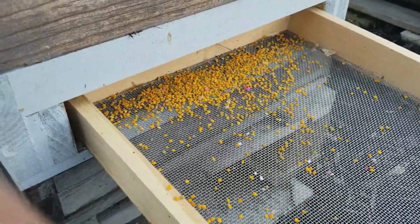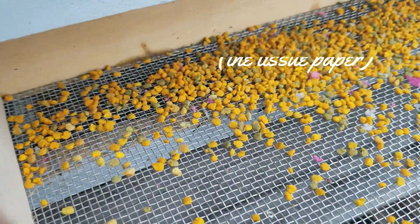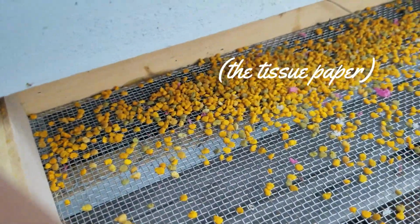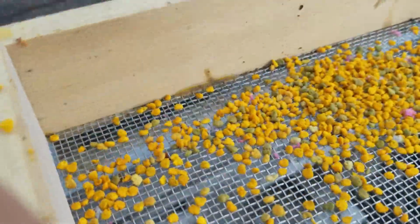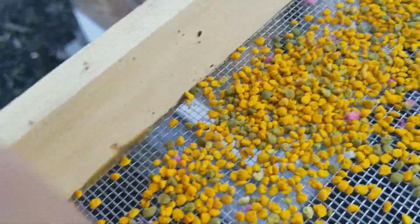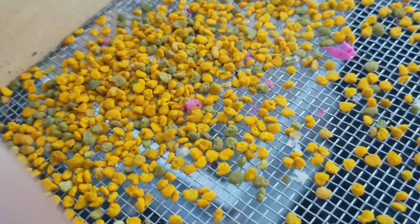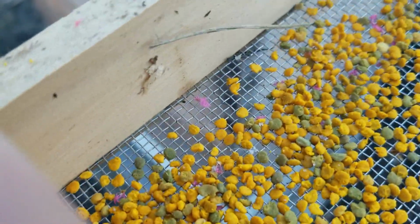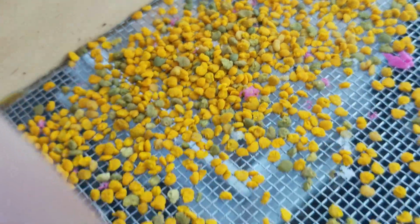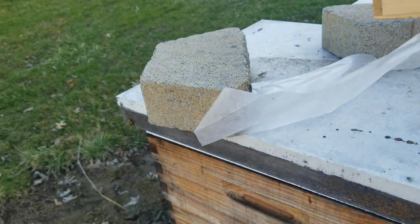And as you can see, this is just after one day. So the pink that's in there is still left over from the candy board, as a matter of fact. But all of these beautiful little granules is pollen. A couple different colors here, so you can see some greens and yellows, different shades of orange as well. So what we do now is we will take it and we will dump it out onto